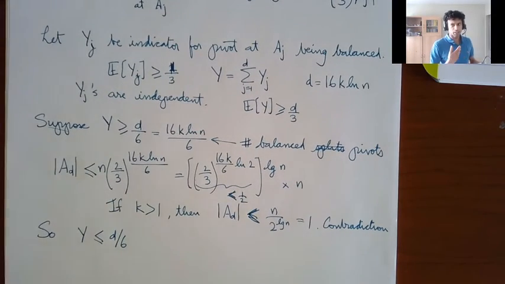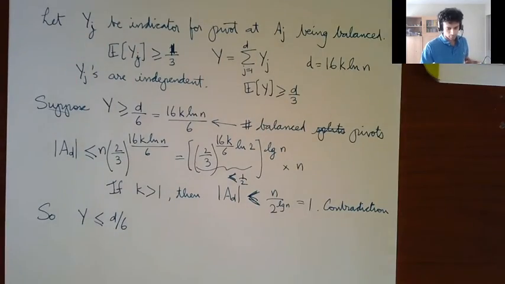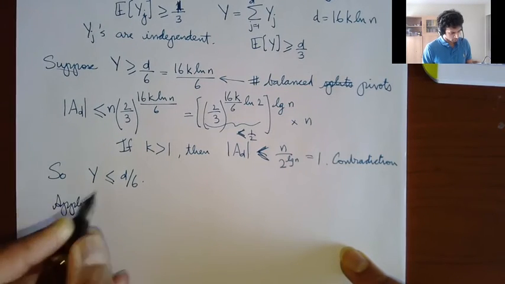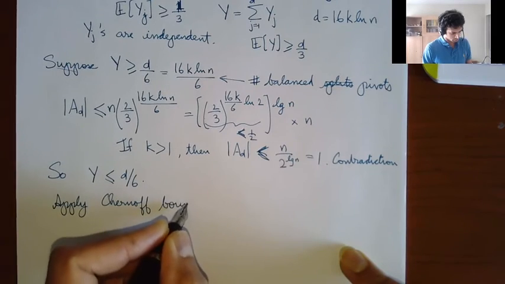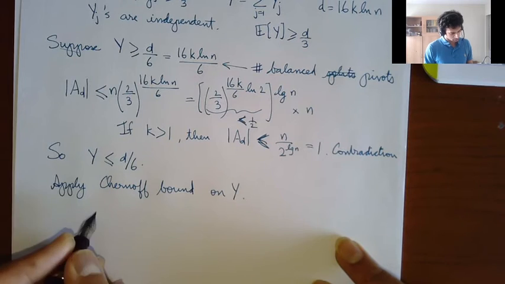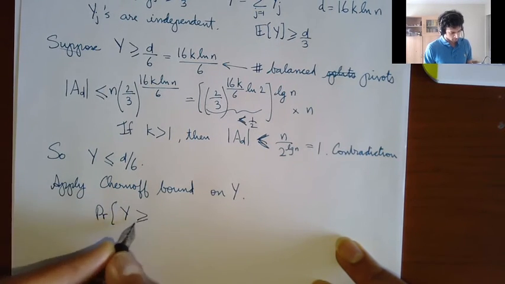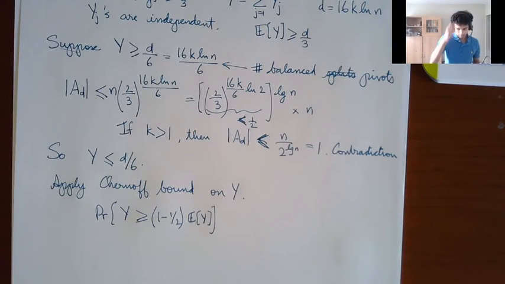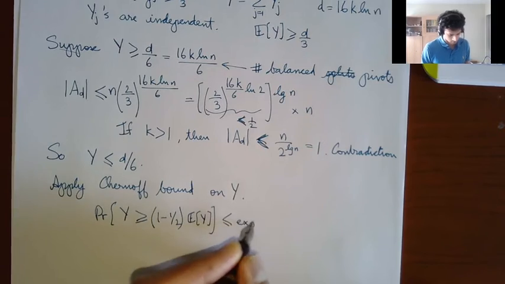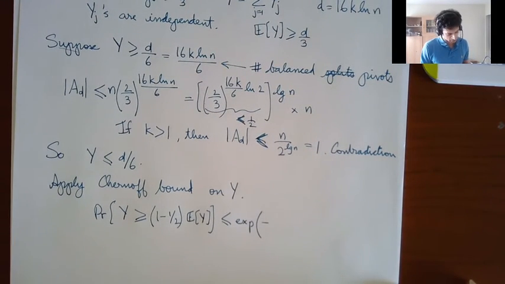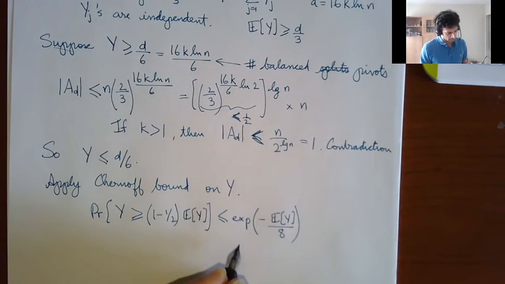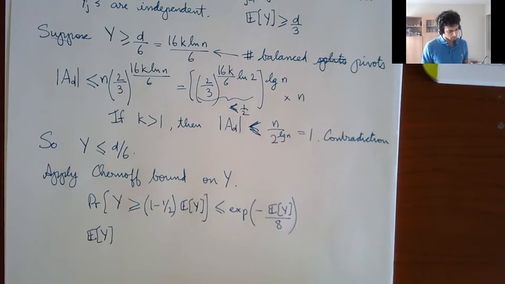I see. Let me write out the next few steps and then maybe it'll become more clear. Okay, so now apply the Chernoff bound on y. The probability that y is less than 1 minus a half times the expected value of y is at most, so you plug in the bounds over there and you get e to the minus expectation of y divided by 8. And the expectation of y was,